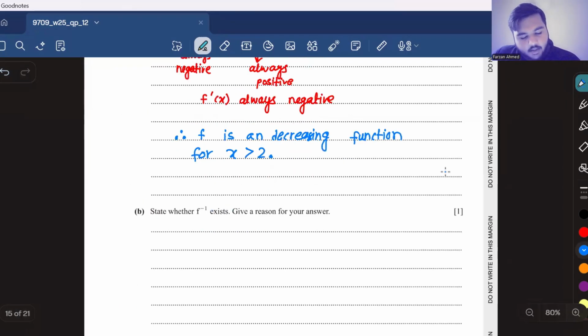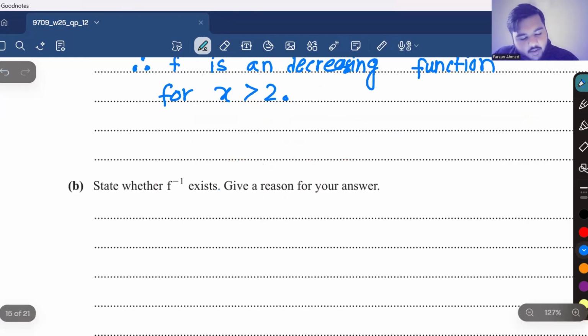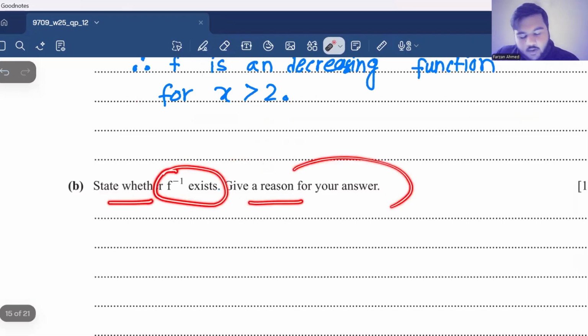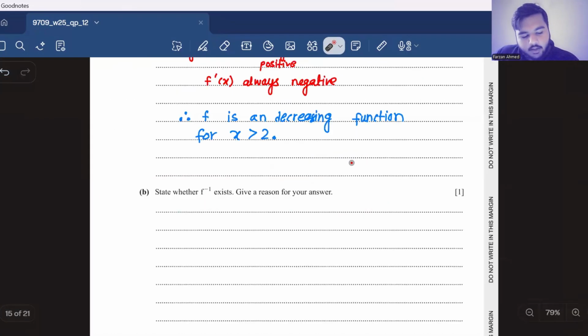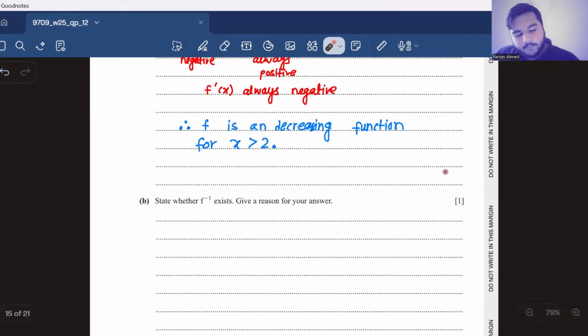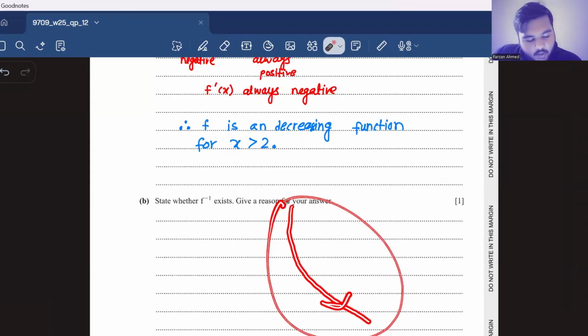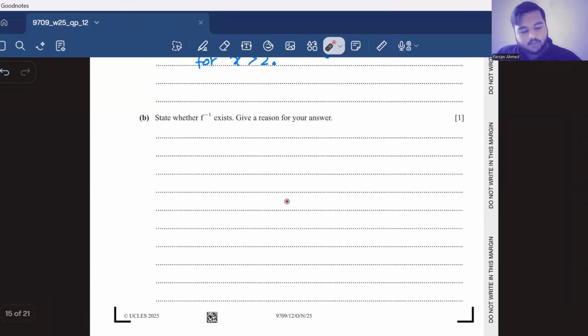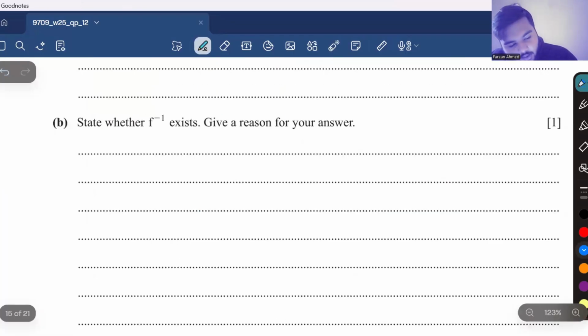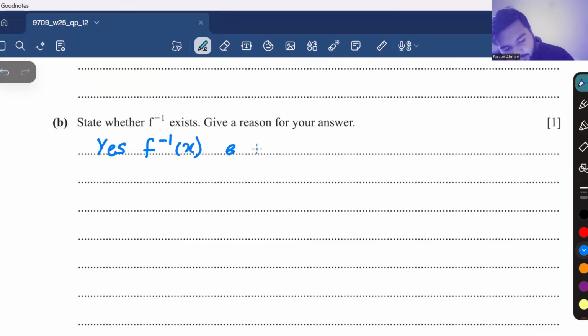In part B, they are saying state whether f inverse exists. Give reason for your answer. First of all, the f function is a decreasing function. When we have a decreasing function, the graph will be like this. It will not have a turning point because it is decreasing. So the answer will be yes, f inverse exists